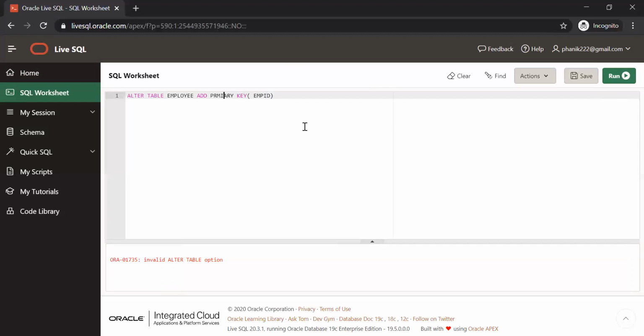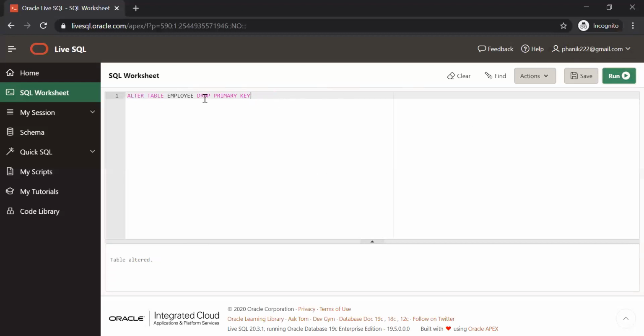Primary spelling is wrong. Now I can use drop. I can say drop primary key. I need not specify the column, drop primary key, it will drop.